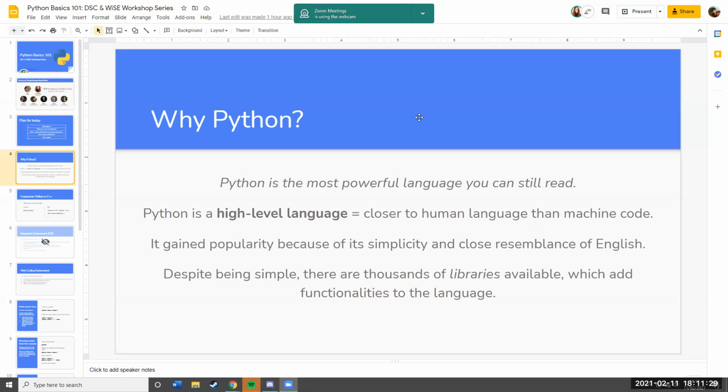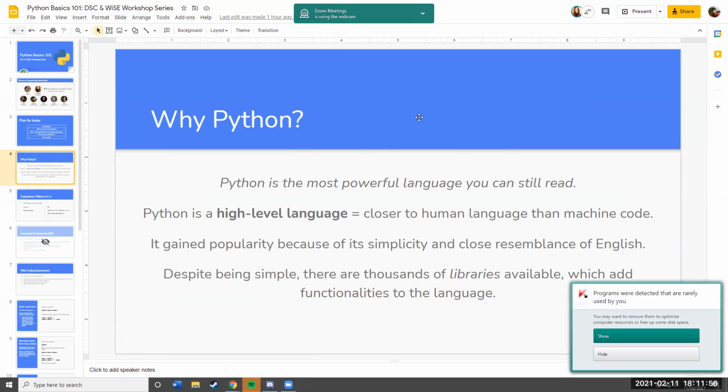So as for the next bit, it's just why Python. Long story short, Python is, as it says, a readable language. So it's not like you're being thrown into a whole world of numbers and you have no clue what you're reading anymore. It kind of sounds like English, like if this is read, do that, along those lines. And it says it's a high level language, same thing, it's easy to understand. And that's why a lot of people start with it, because you don't want to be so deeply thrown into a programming language like C that you don't know what's happening anymore.